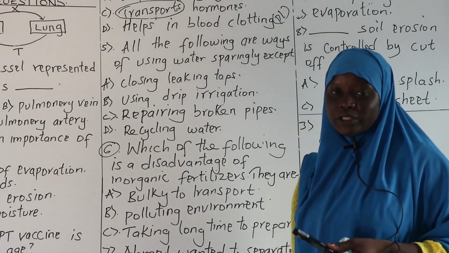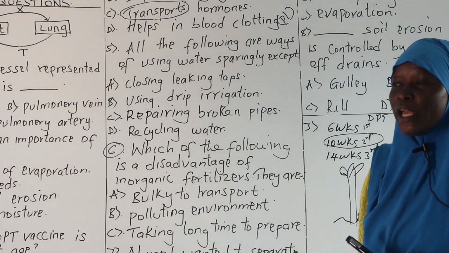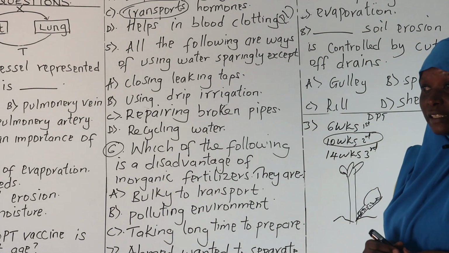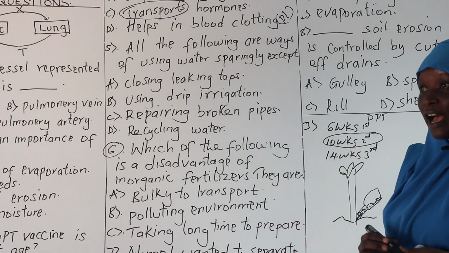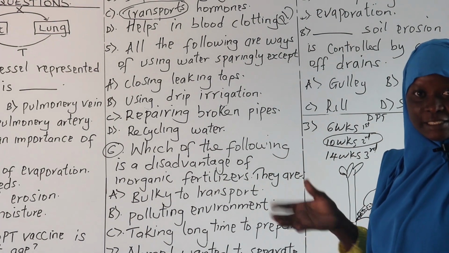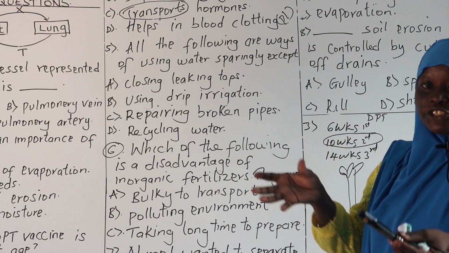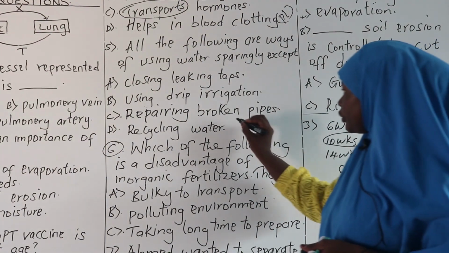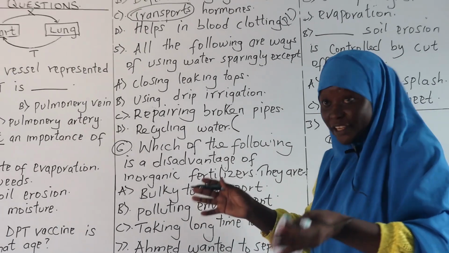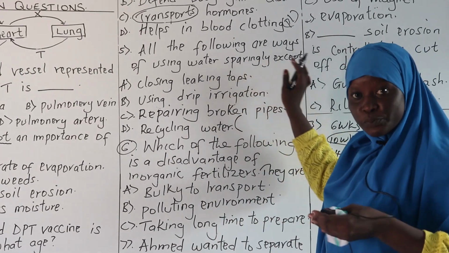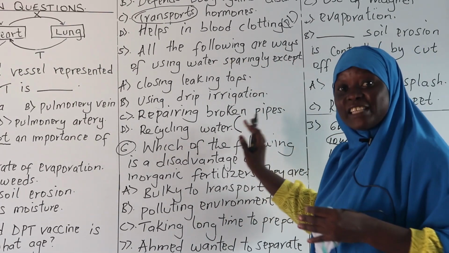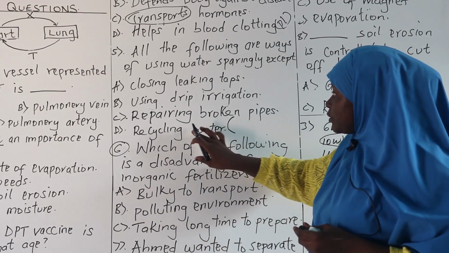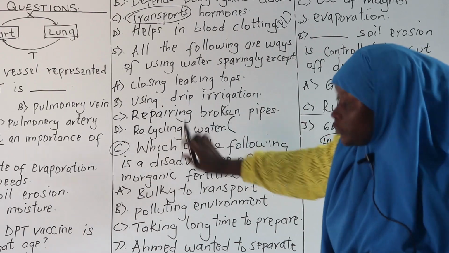Then we have recycling water. What is to recycle water? Now, recycling water is majorly used in industries and factories. This is where, after they use that water and it is now dirty, they collect it at a point, they treat it, and they pump it back to the factory for use. Now, this is not reusing. It is a way of conserving water, yes, but it's not using water sparingly. It is recycling, just as the name states, recycling water. So this one is not. And we said it is majorly used in factories and industry.